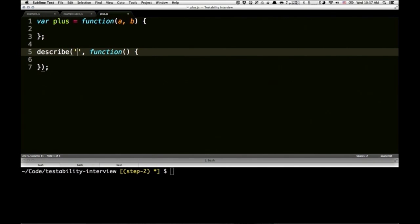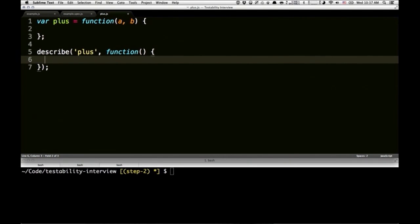And the cool thing about Jasmine is that it's really expressive, and you can even read it as a story. And I think that's how it should be. I think tests should be simple to read. It should be like just telling a story. So we say we're going to describe plus, and then you can even nest these describes to create structure